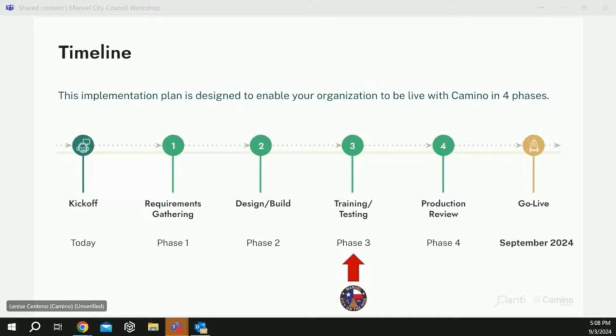Right after that is, I would say, the quickest part of the process: production review. That's where we start to look at any marketing materials that we want to put together, and where we want the guide to be showcased on the city's website. We give some resources to help your team out with that, and then any small cosmetic things. Usually we'll double check the logos and make sure all of those look good everywhere on the site. That will bring us into go live.